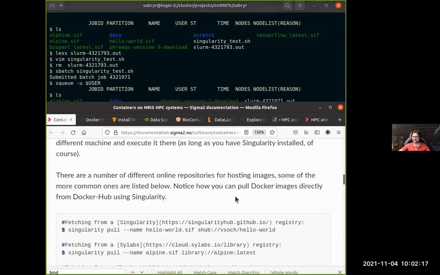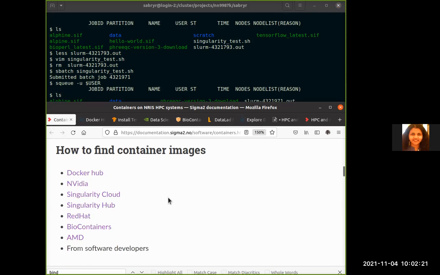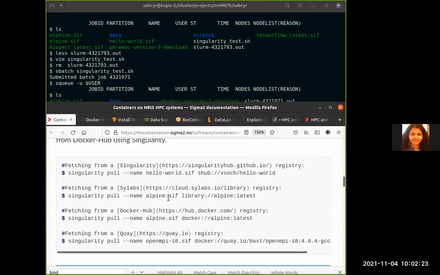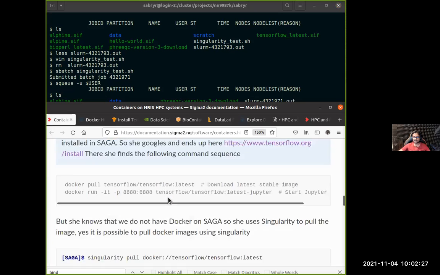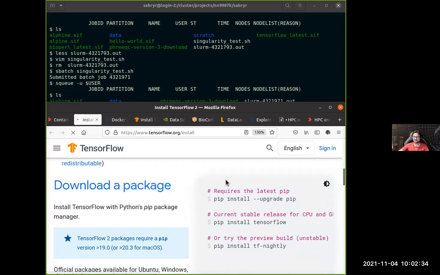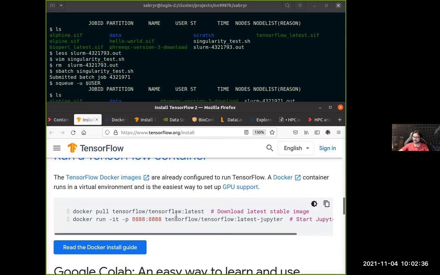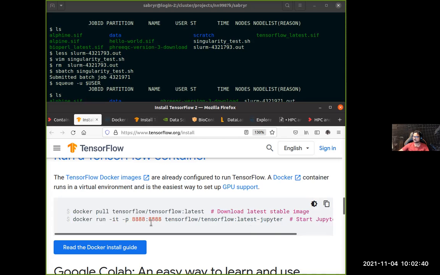Try to find a container that might be of interest to you, and also notice that, for example, if you go to the TensorFlow Docker image, there would be a very specific Docker command to run. You'll pull it, and then you have to run it as Jupyter Notebook. But you don't have to